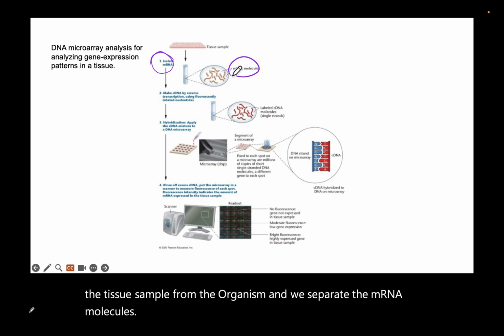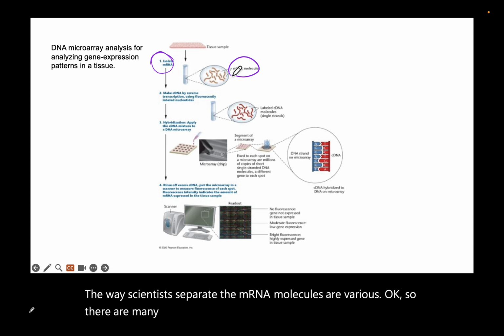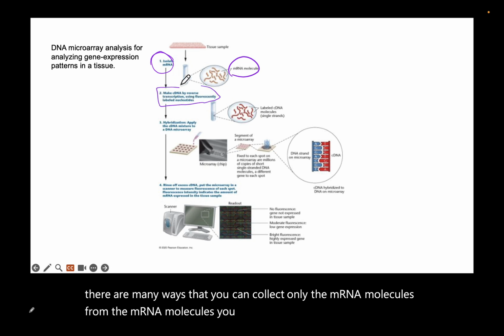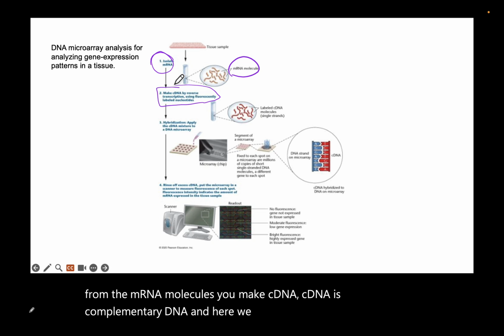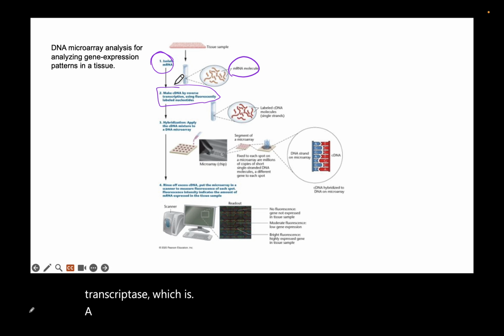There are many ways that scientists can collect only the mRNA molecules. From the mRNA molecules, you make cDNA. cDNA is complementary DNA, and we make it by using reverse transcriptase, which is an enzyme that will convert